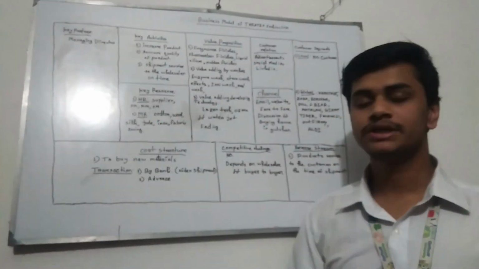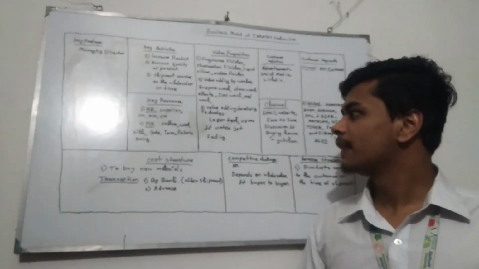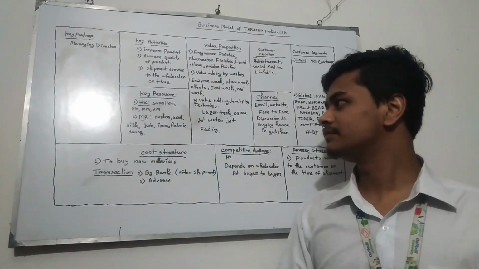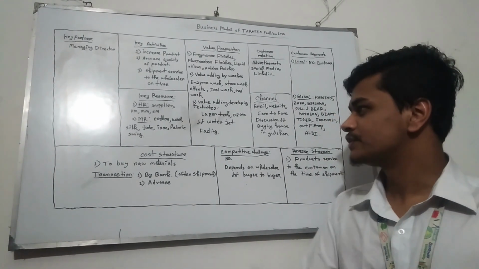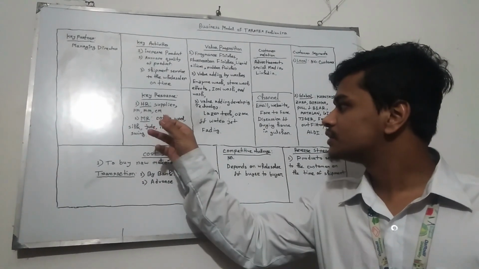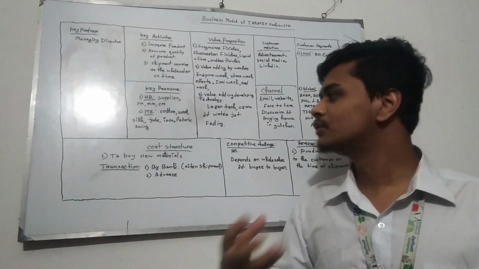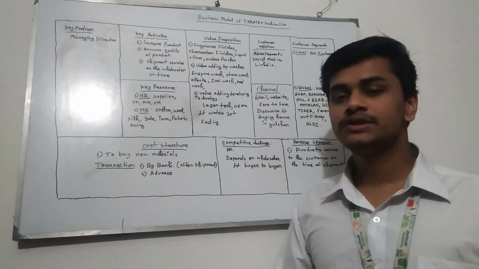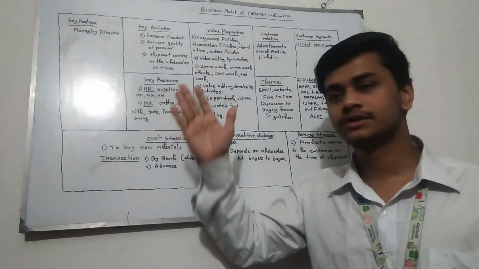When the production is completed, the merchandise manager justifies it and assures the quality of goods. And CM means commercial managers, they maintain the financial efforts of this system. The next step is material resource. We can see here cotton, wool, silk, jute, iron, fabric, sewing. These are the most common important materials which are used by this organization. So these are the key activities and key resources of this organization.